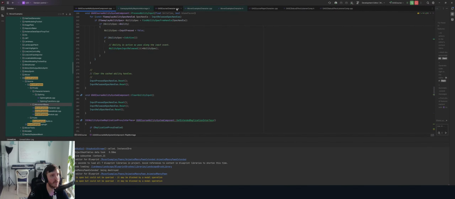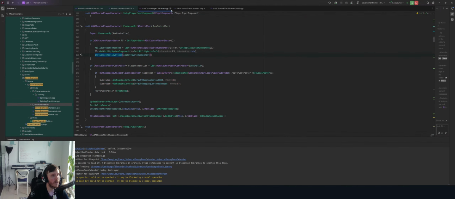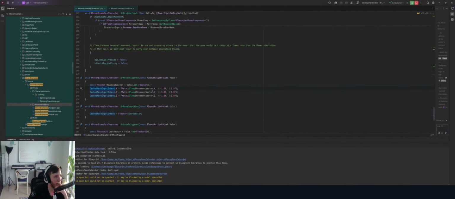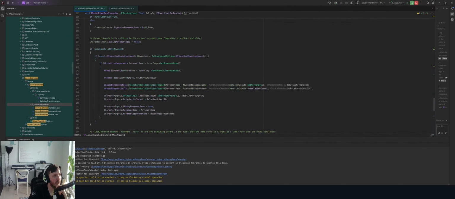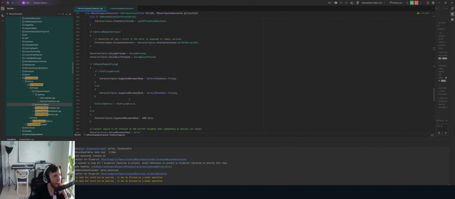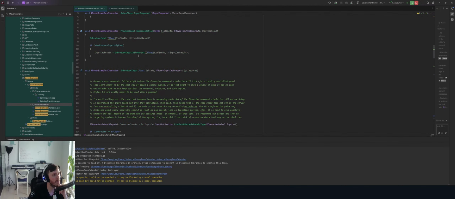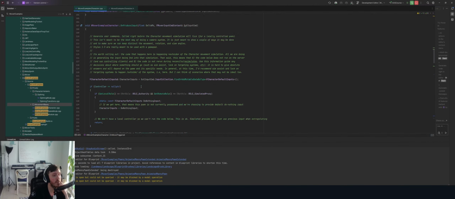Sorry, that's my stuff. Let's get rid of all my project related things for a moment. So here they're updating the cache move input thing. Are they doing anything on tick? So on produce input. So this is